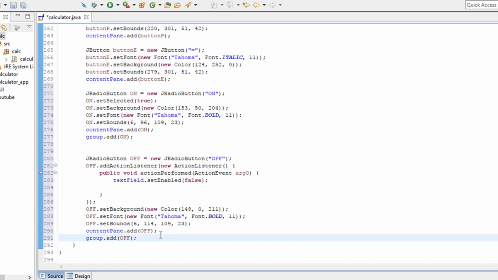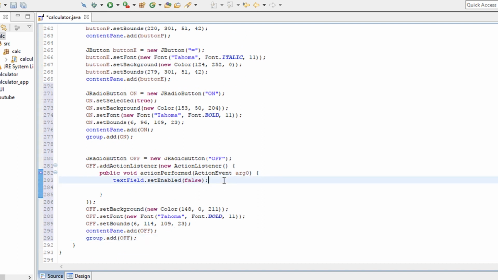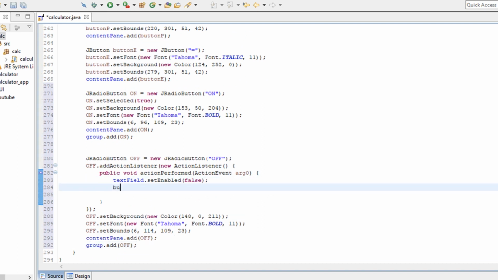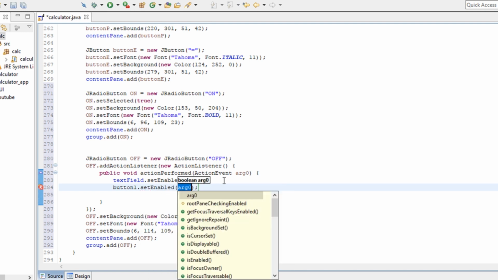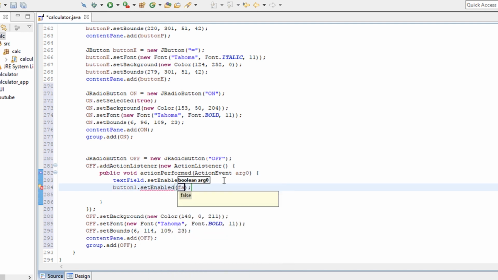This is because we'll not get any error in the name of variable, and that is button1.setEnabled. Look, we are not getting any error. This will be, if this also will be false. So let's copy this,